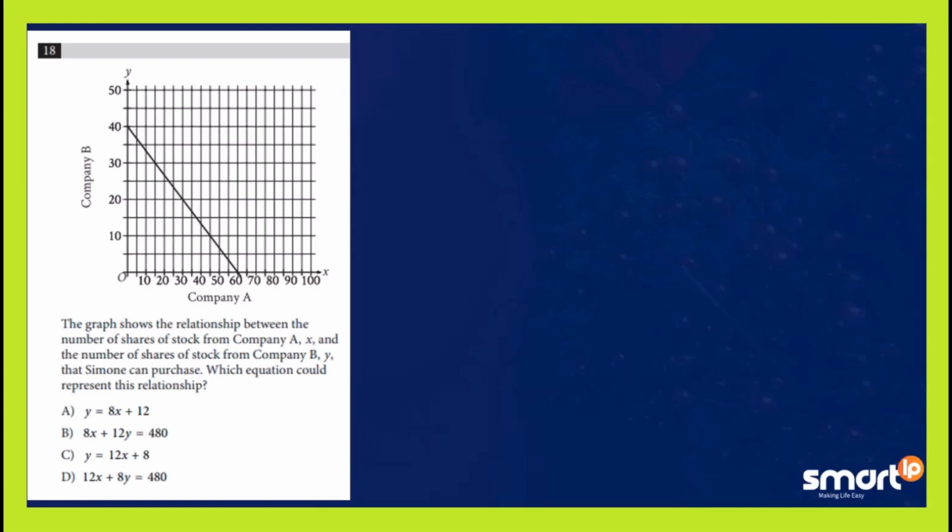Okay, so if we're going to solve this question, the first thing we're going to do is to pick out 2 points on the line. Okay, the first point I'm going to pick out now is this point here. And the second point I'm going to pick is this point here. Okay, so what I'm going to do now is to read out the coordinate of x and y in this